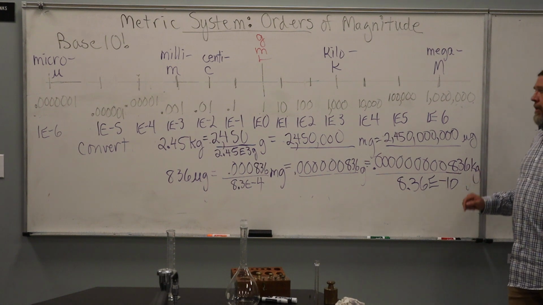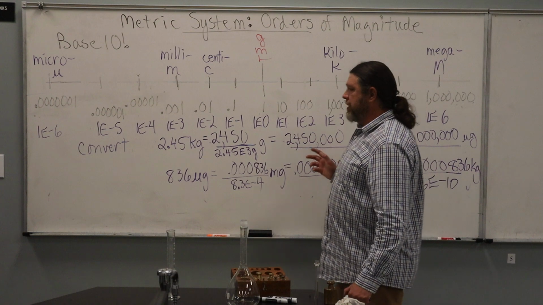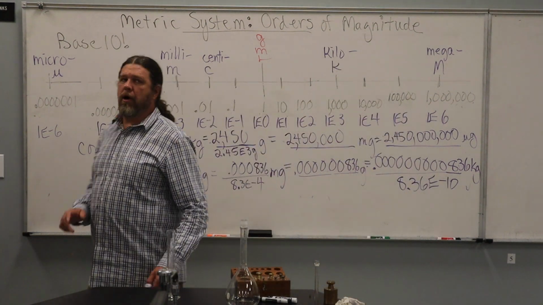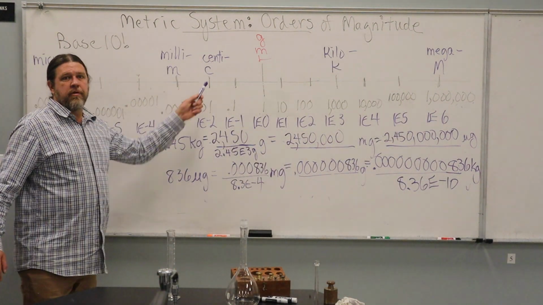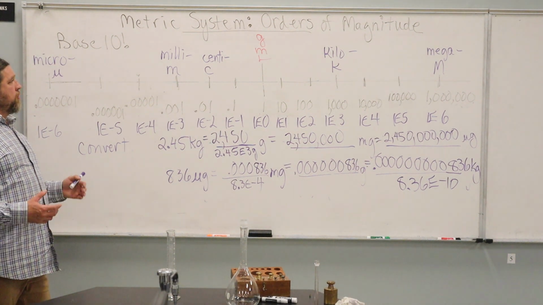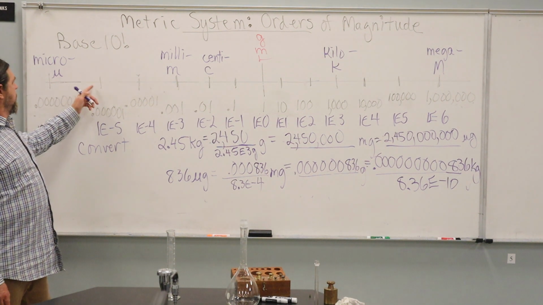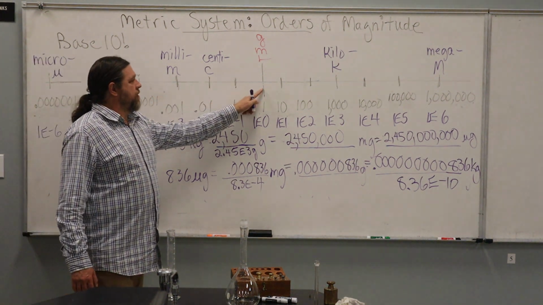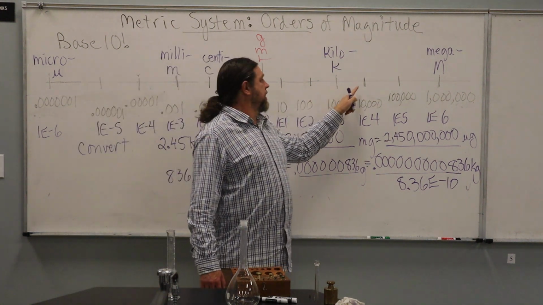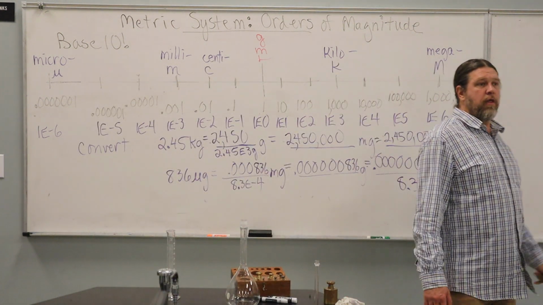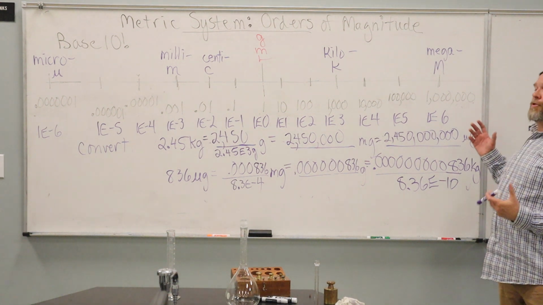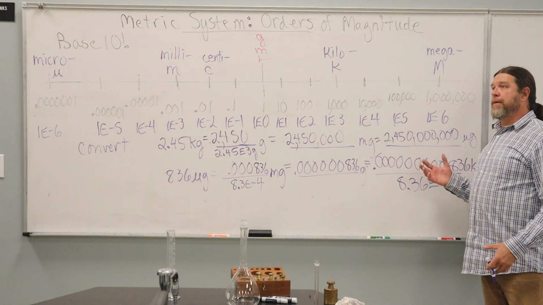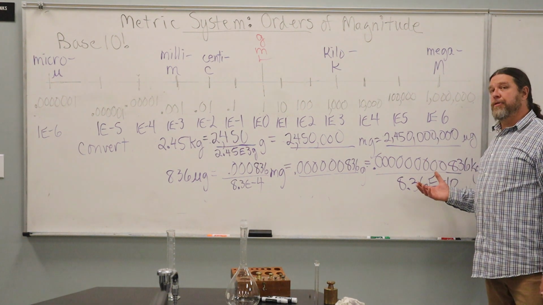But in closing here, once again, for the most part, except for centi, we're moving in groups of 3. 3 places, 3 places, 3 places, 3 places, all the way from micro to milli. That's the scope of measurement that we use in a practical sense in this particular